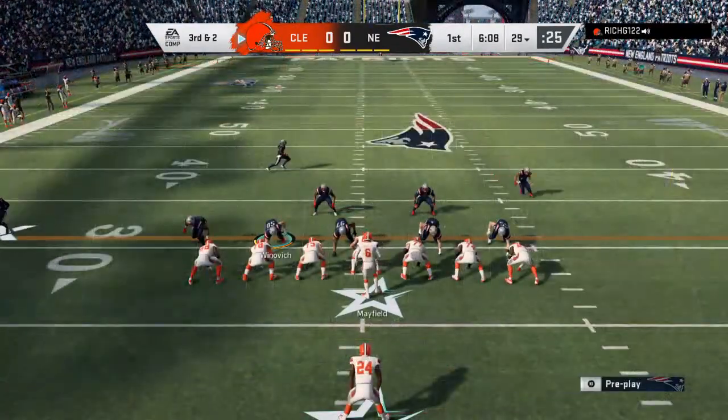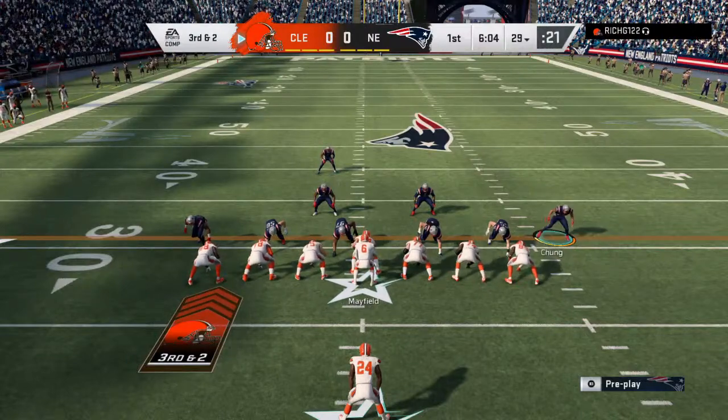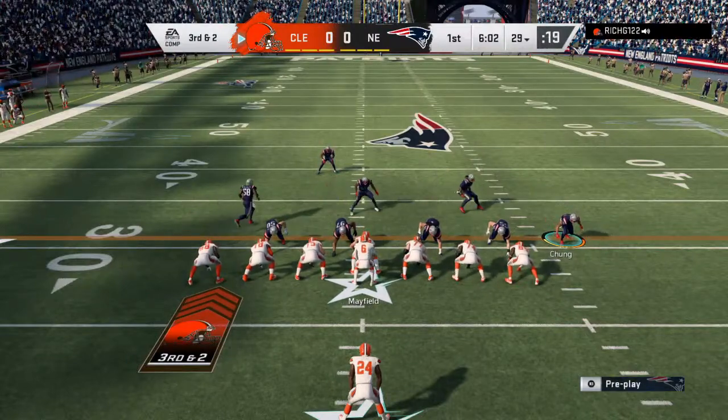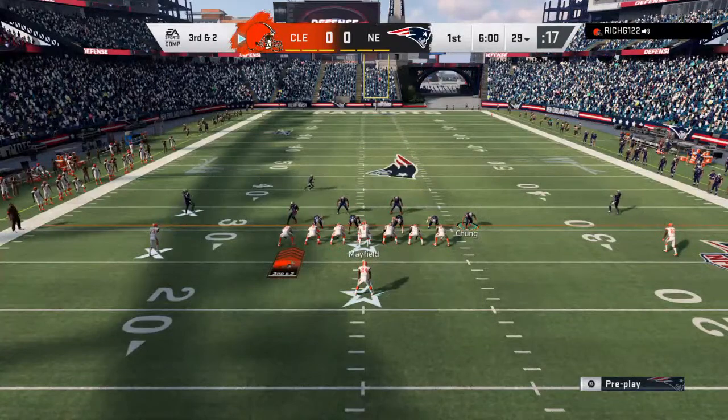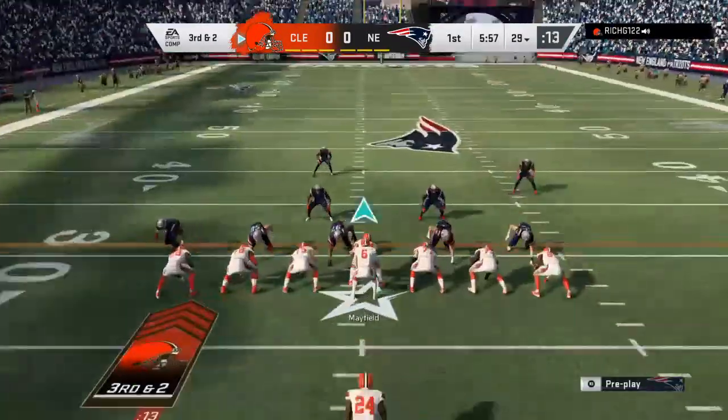An early test, 2 plays in. This is 3rd and 2. Let's go deep, tighten up. Let's go deep, tighten up. Watch the twist. Watch the twist. Switch, switch, switch. They'll